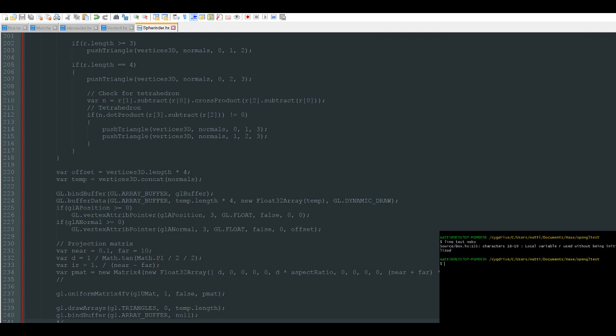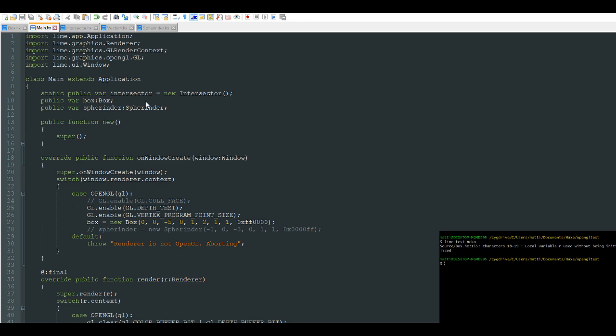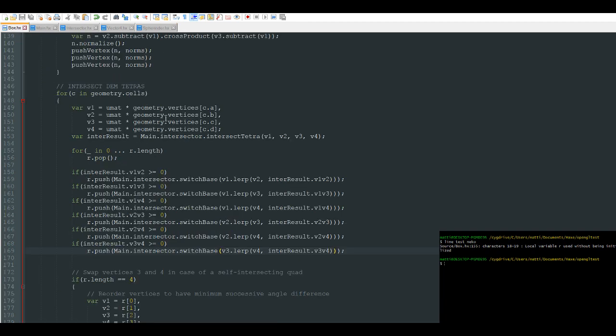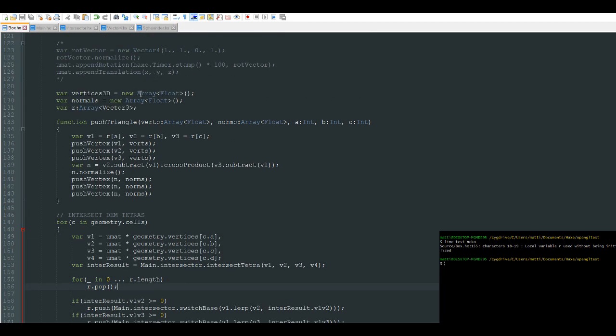The first one, local variable r used without being initialized. Oh yeah. There. So because every point in the 3D hyperplane is also contained in the 4D space,